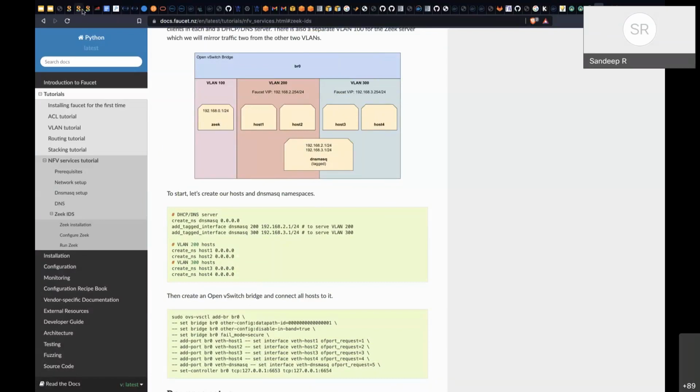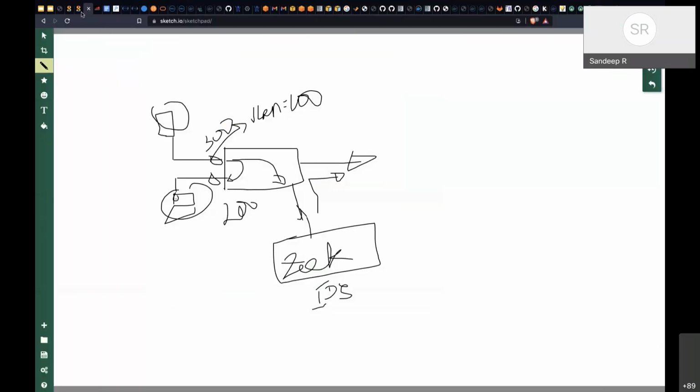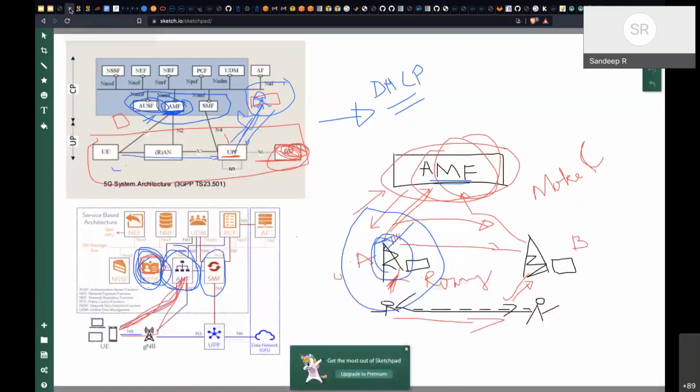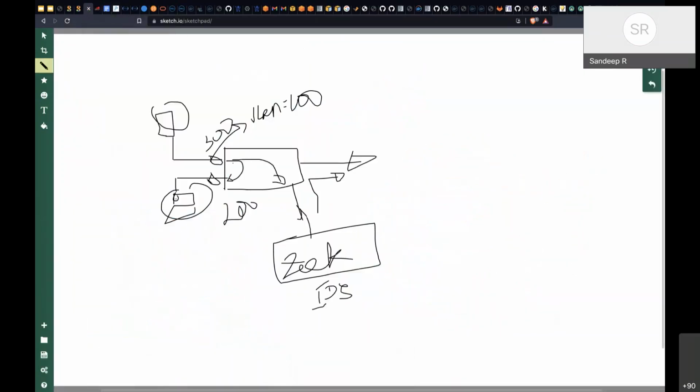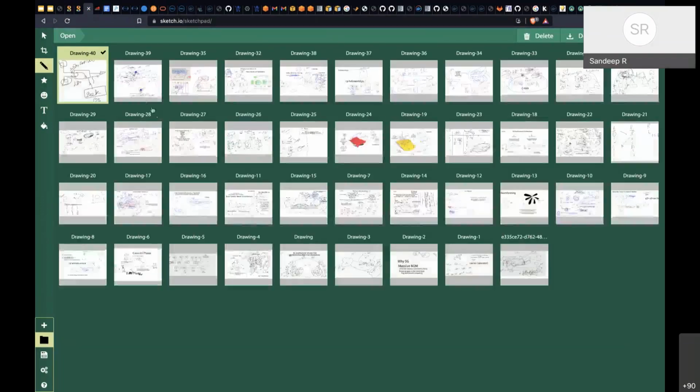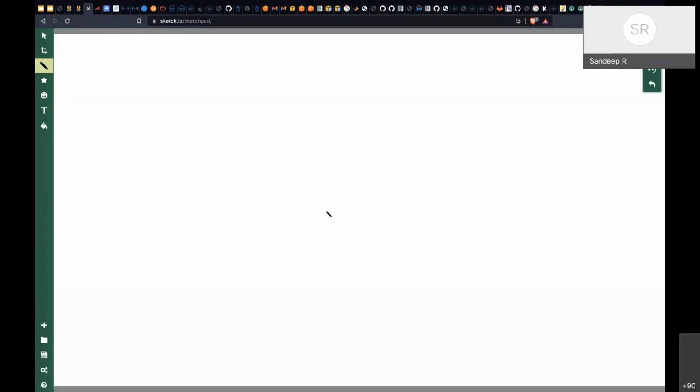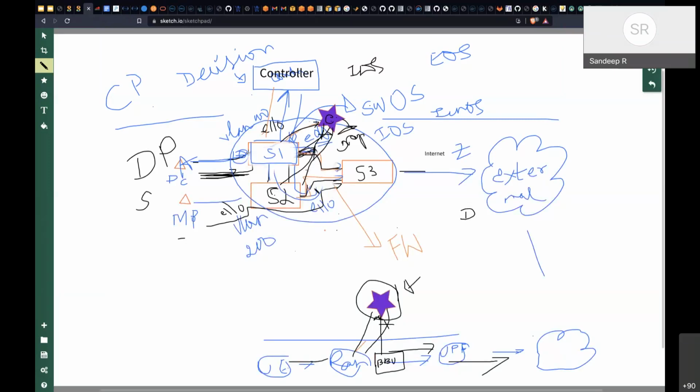So without changing any of the physical connections, you are able to insert something in the middle and make it work and align with the network.